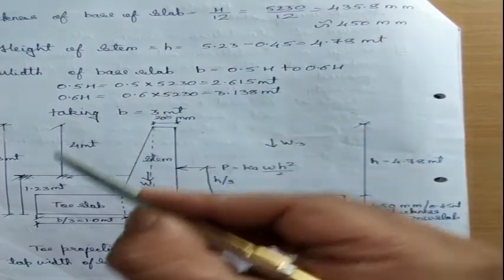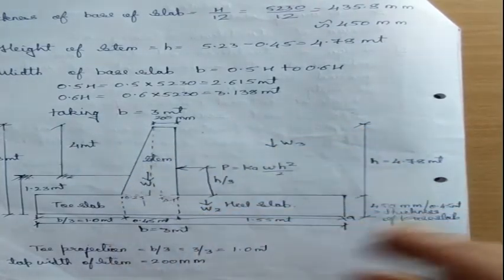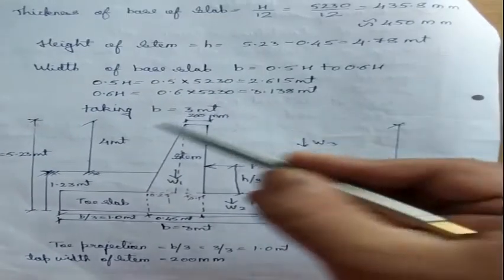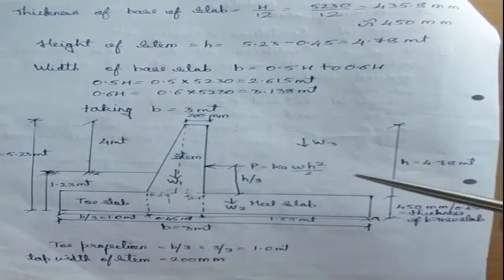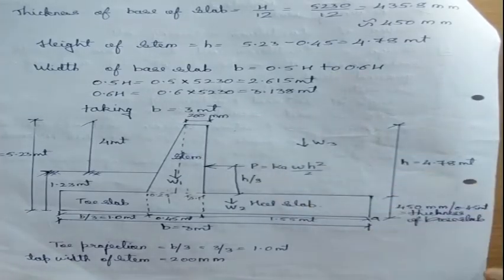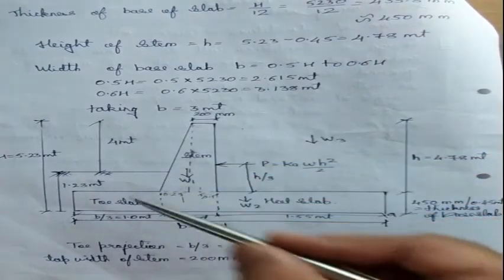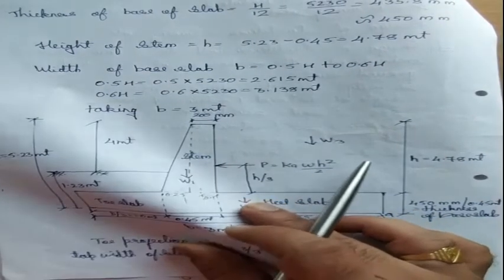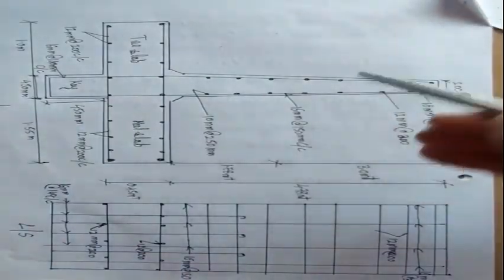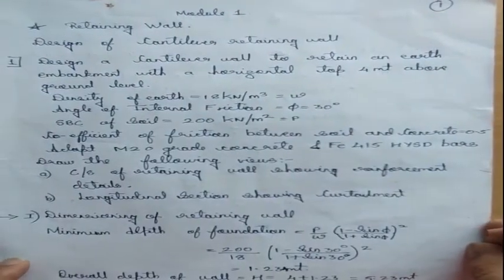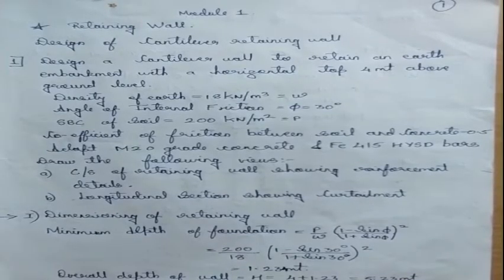So we have to design the cantilever retaining wall. So this is the cantilever retaining wall. What about the counterfort retaining wall? In the counterfort retaining wall, you have the same type, but on the retainment side of the soil we have the counterforts. So this is a typical section of the retaining wall. We have the design for the retaining wall whose cross sections look like this. Let us see the design today. Let us see the concept of design. Let us take a numerical example.